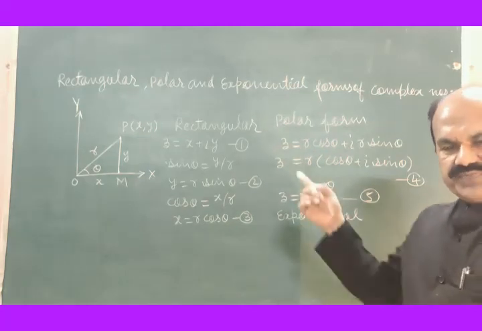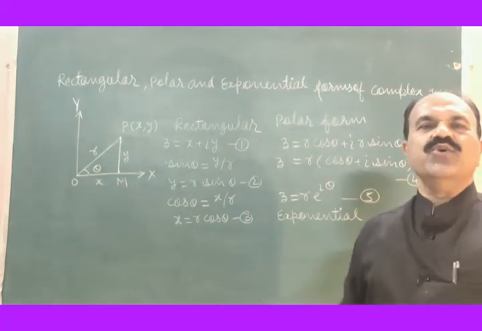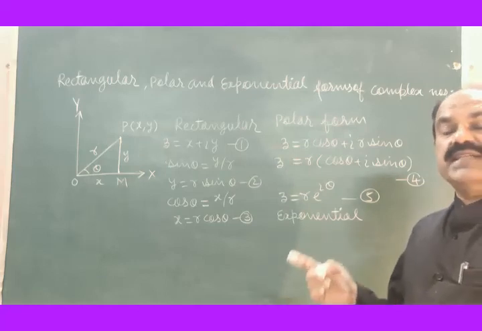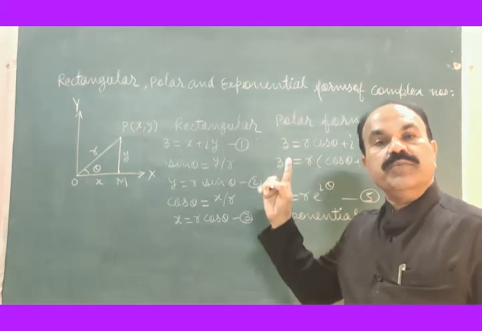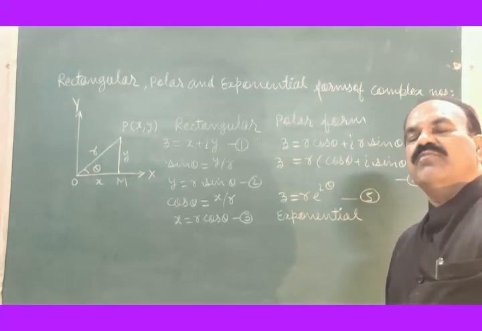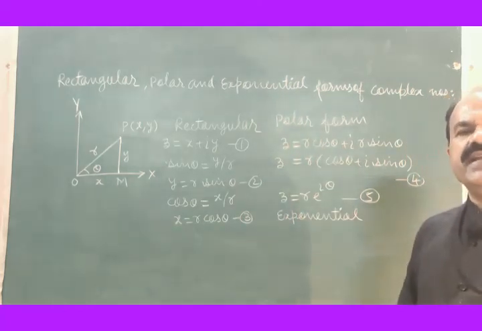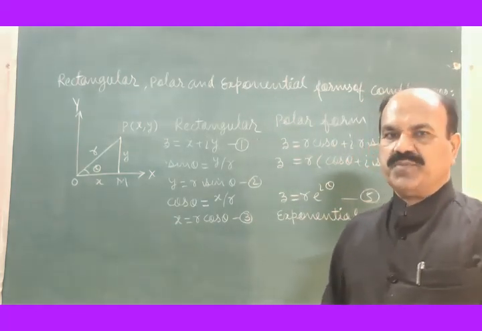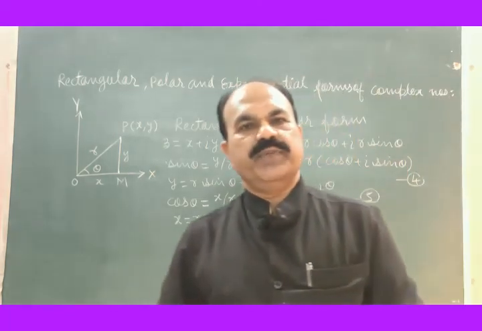Actually, before this, while talking about the Argand plane, Argand diagram, in depth I told how to go for the rectangular form of complex number. At the same time, I also explained how to go to the polar form using this rectangular form, and from polar form how to go to exponential form. The same thing I have repeated here again, as it is given as the last article of this unit, this chapter. Hope you got it. With this we complete the second unit of this paper. Thank you.